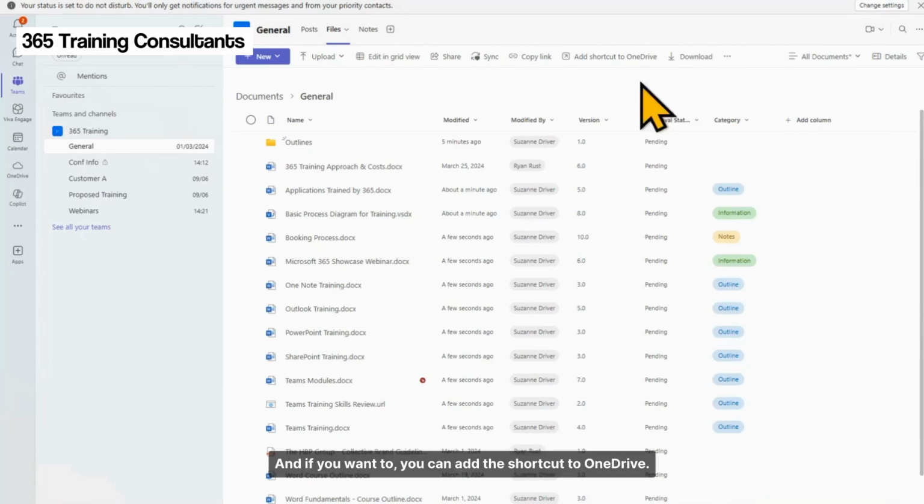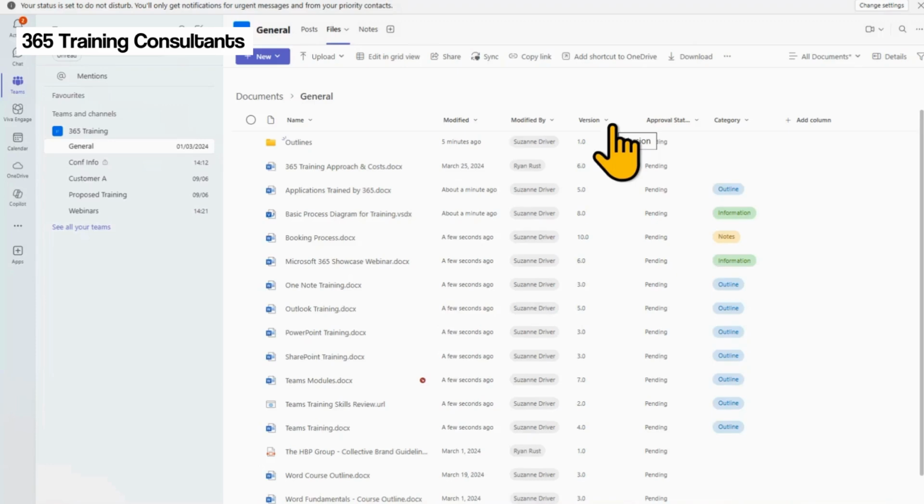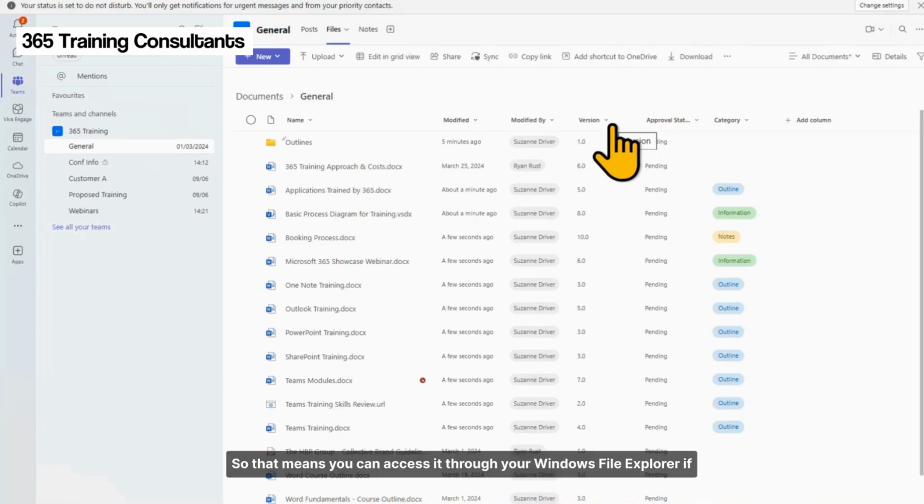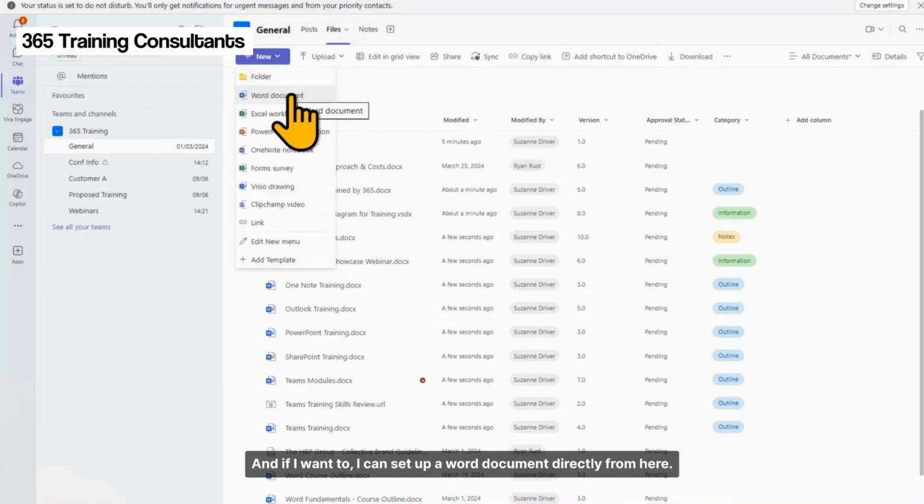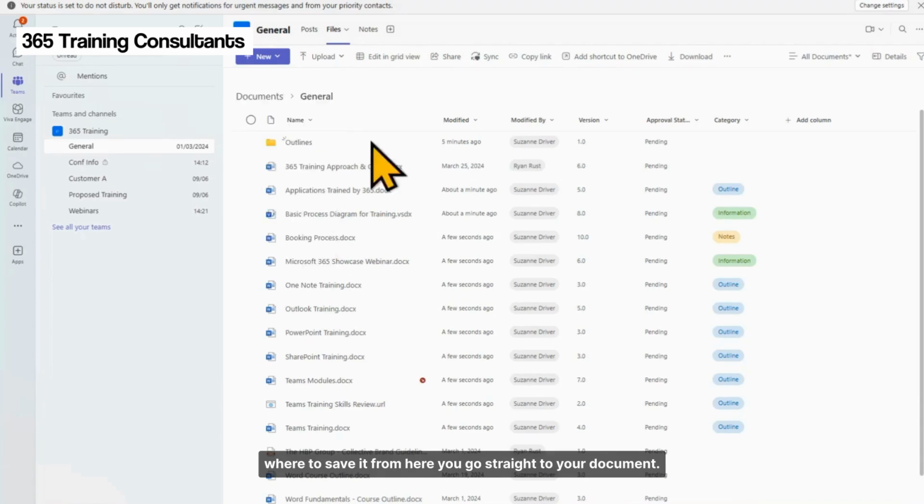And if you want to, you can add the shortcut to OneDrive. So that means you can access it through your Windows File Explorer if you want to, which can be useful. So there's a lot around filing. It can revolutionize the way you work. And if I want to, I can set up a Word document directly from here. So instead of opening Word, typing your document, and then working out where to save it, from here, you go